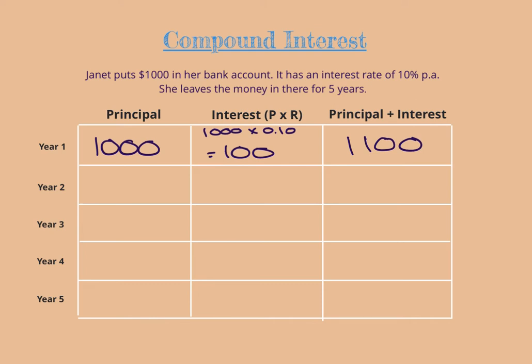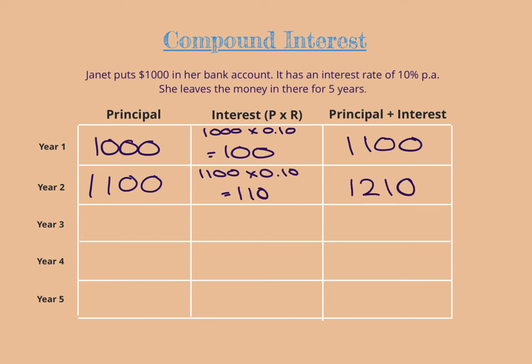Cool. So then at the start of the second year, she doesn't just have $1,000 anymore. She's actually got $1,100 because she's got her principal plus her interest. So we're going to put that in our box here. So she's got $1,100 at the start of the second year. Then to find out how much interest she's getting, we're multiplying P times R. So 1,100 times 0.10. So in the second year, she's earning $110 of interest. So that means at the end of the second year, she's going to have